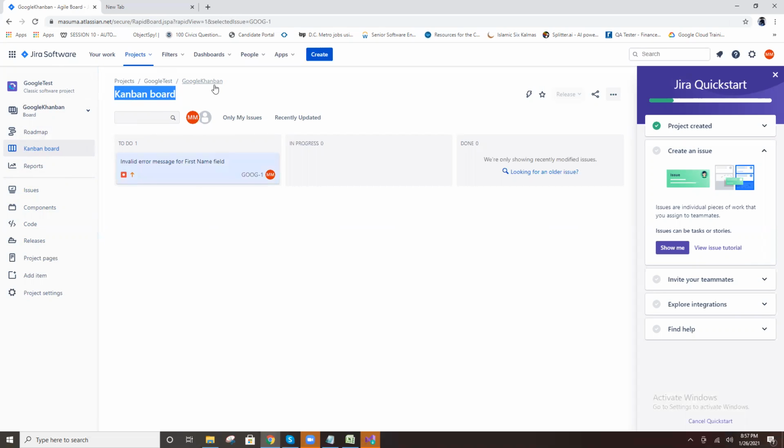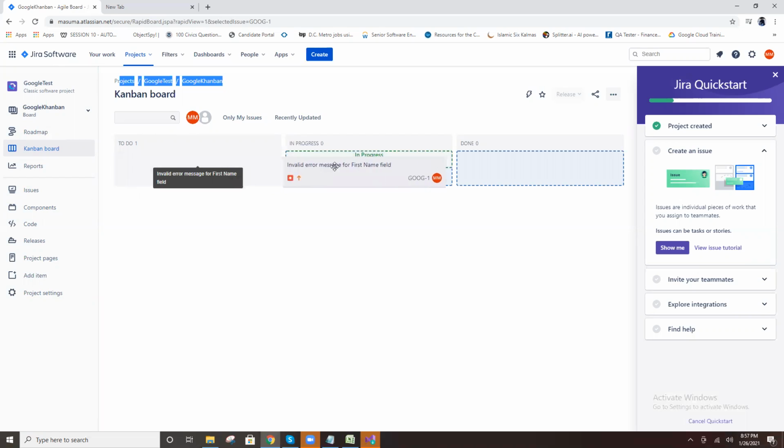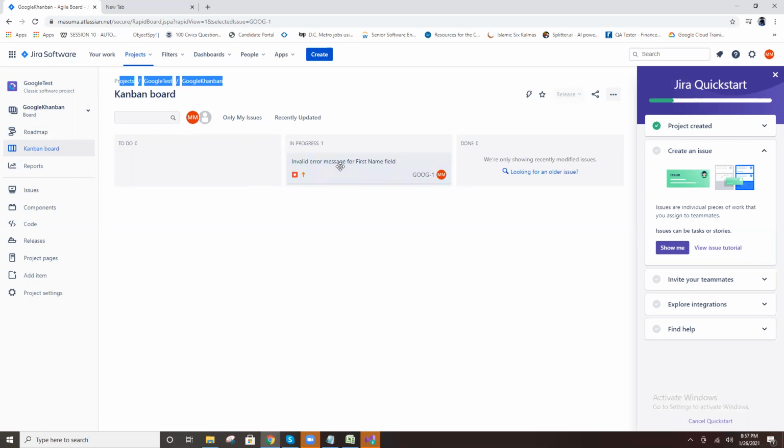This is the Google project Kanban board. So in day to day work, you log one bug, right? See, this is your bug. It is displayed automatically here. In this board the bugs are displayed. Once the developer is working on fixing the bug, it moves to In Progress, and when completed, Done, like that. That moves the status. And this is regarding the bugs.